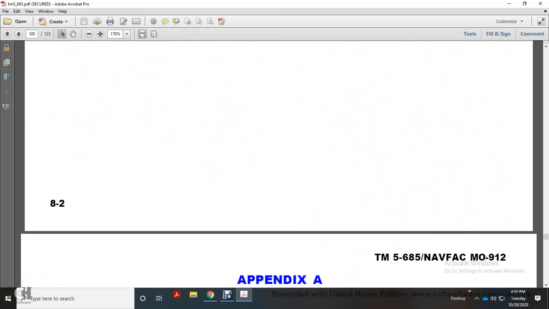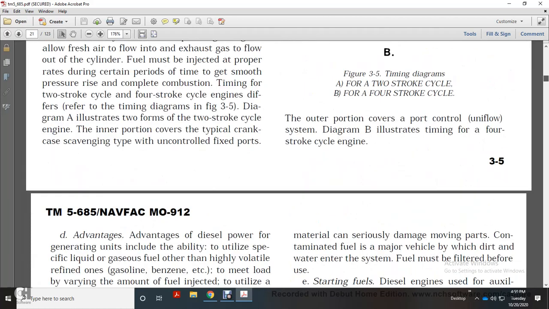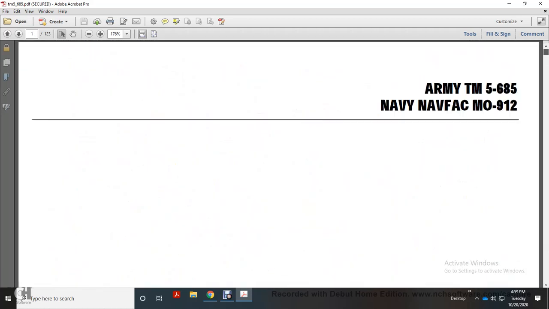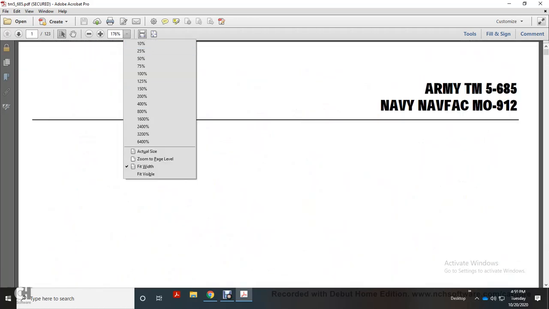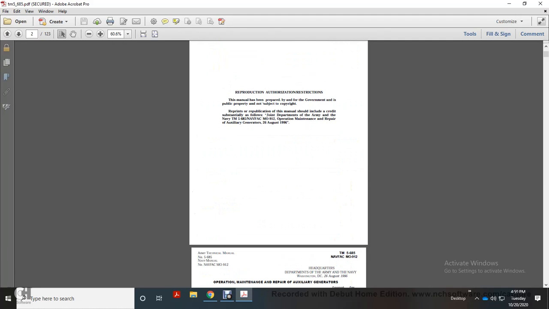And then it goes into the appendixes. But this was a reading of the operation and maintenance repair of auxiliary generators, the Army TM5685, Navy Pack M0912. And this was approved for